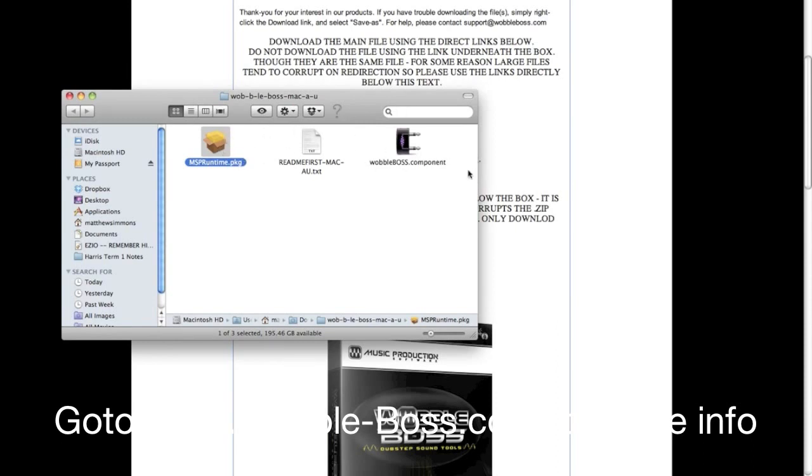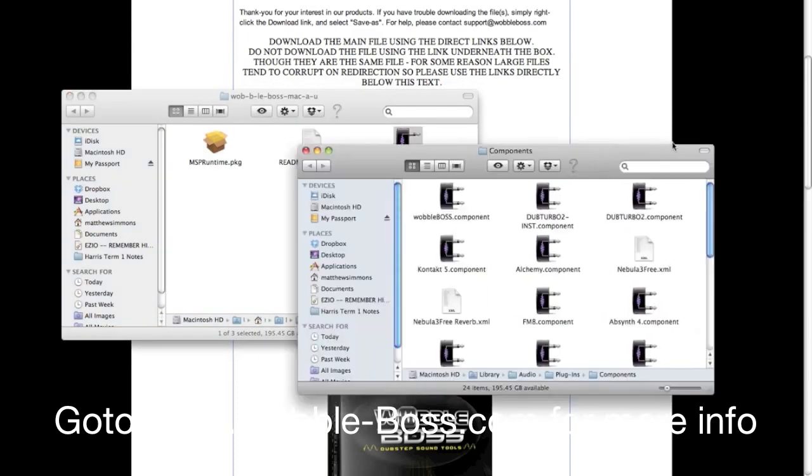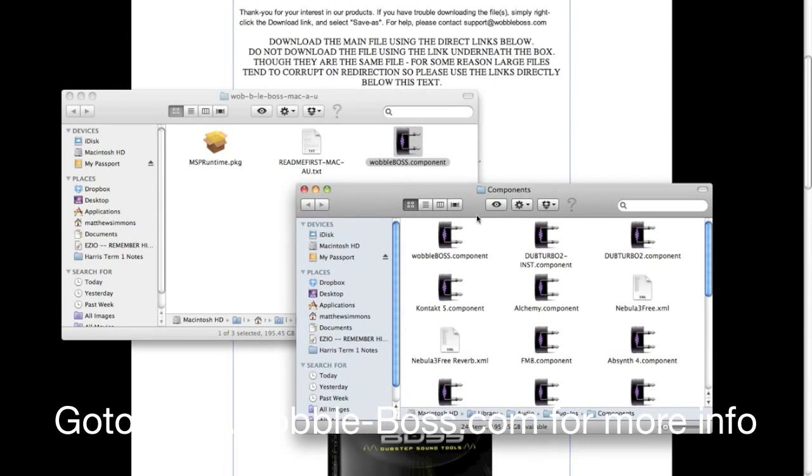You'll see these three files. The first thing you need to do is run this MSP runtime package. It's a shared library. And then once you're done that, you will drag your WobbleBoss component into your actual components of your Mac. To get to this, it's Macintosh hard drive, your library, your audio, your plugins, and components. Whatever other components you put in here is what all of your audio apps will resort to when it's scanning them. When it scans for the first time, when you open this up in Logic or whatever else you're using,